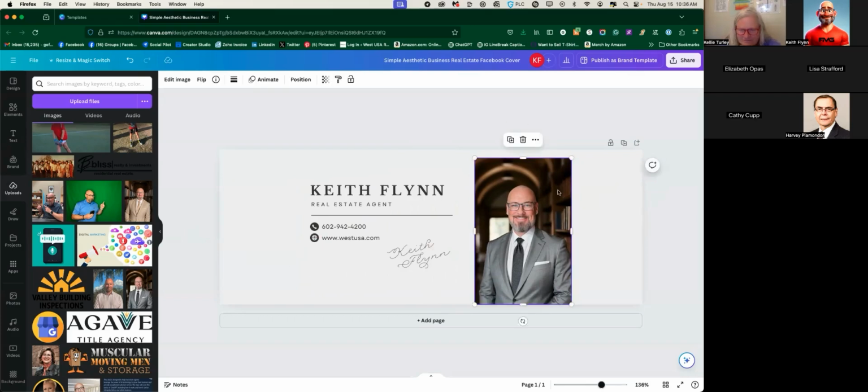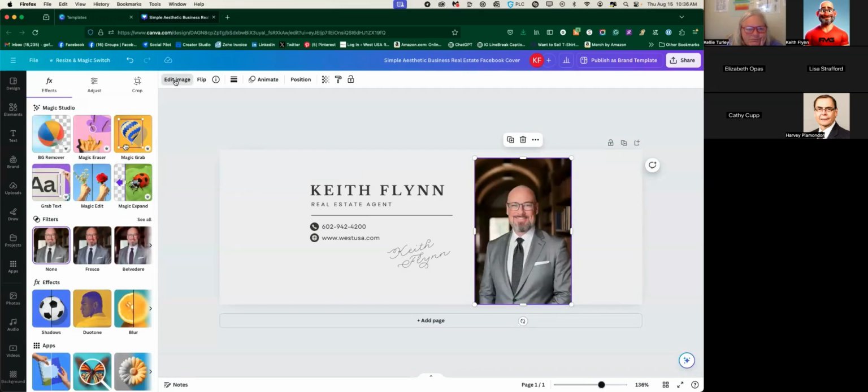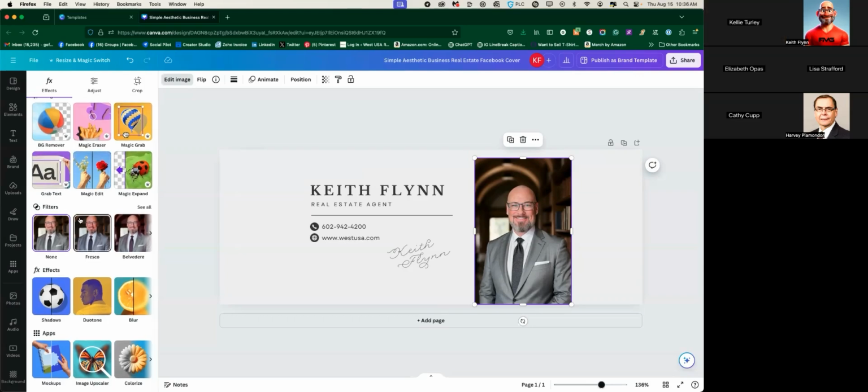I want to cut this background out so that I have just that silhouette like Reese had, the female before. So I'm going to click on my actual image and come up here to edit image. Now, in the edit image, there's tons of cool stuff. We're going to talk about Magic Studio last before I send you off for the day. But there's tons of filters in here to change out color hues, grays, gradients, different effects. Us in our industry, I don't recommend too many effects added to actual shots of homes. We don't want to ever distort the actual image or the interior shots to give off a different look than what really is. However, for us, we can have some more fun. But